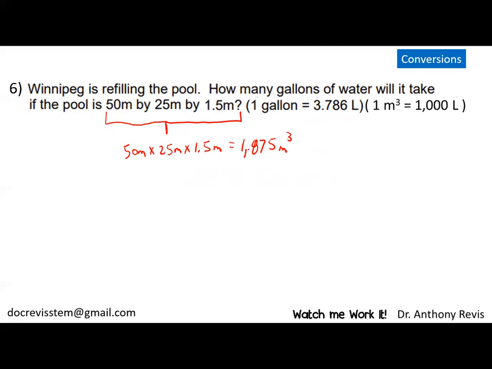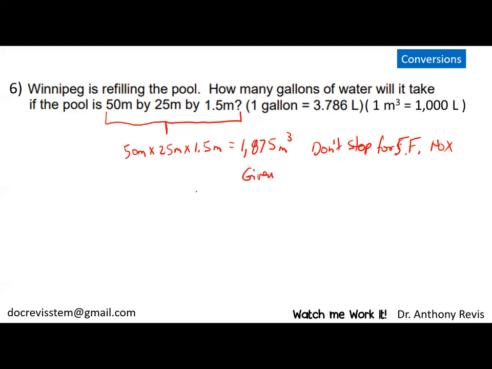Now, this should only have one sig fig, but since it's going to be used in the next step, don't stop at sig figs here, because this is an intermediate calculation. Never stop at sig figs for an intermediate calculation. Don't do that. All right, so we're going to take this number and carry it through in our calculation. So this now is my given